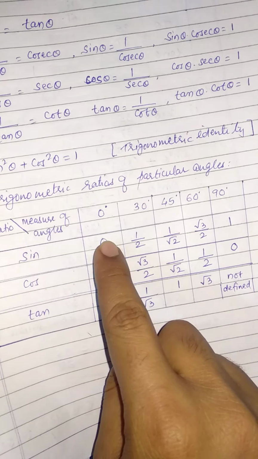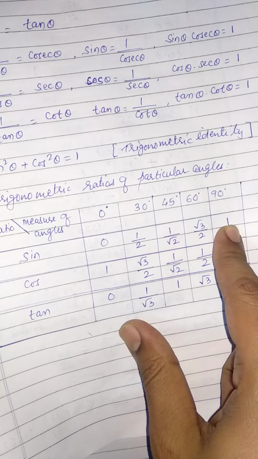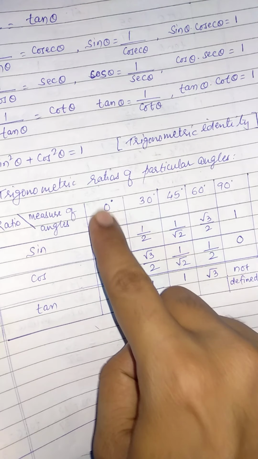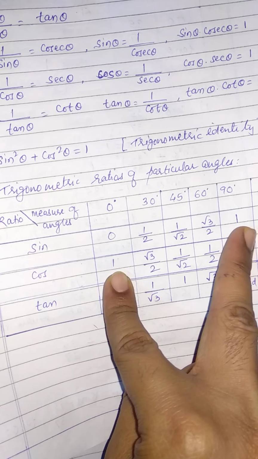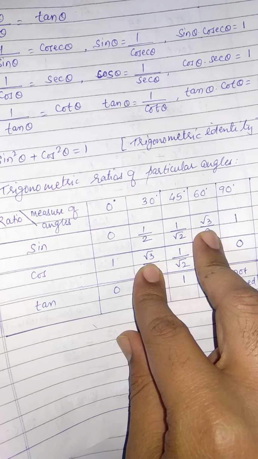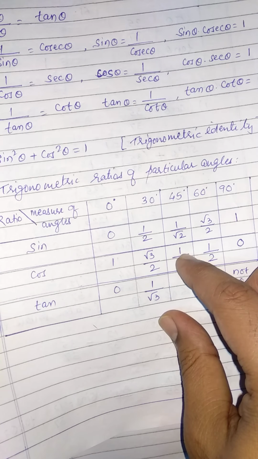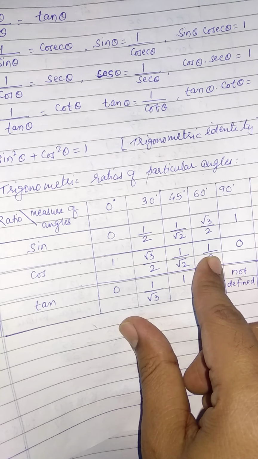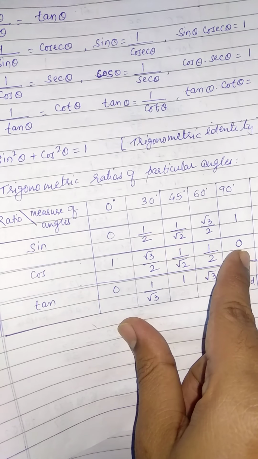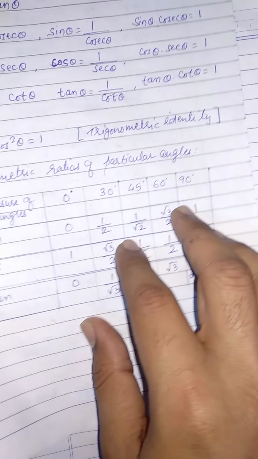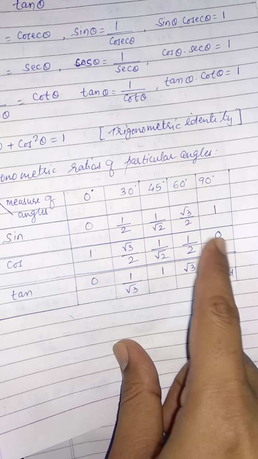So whatever values we have written from 0 to 1 for sin theta, just invert that for cos theta. You can see this 1. So cos 0 is 1. So sin 90 and cos 0, they both are equal. Similarly, cos 30 and sin 60, they are equal. Sin 45 and cos 45, they both are same. Sin 30 and cos 60 are equal. And sin 0 is equal to cos 90. Reason is, we have already written here that sin theta is cos 90 minus theta. So complementary values will be equal.